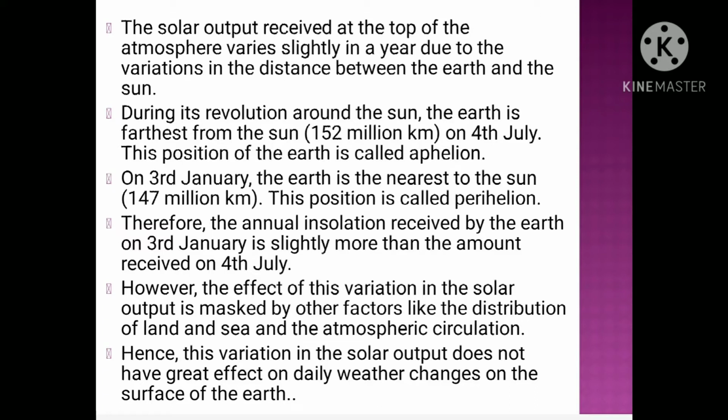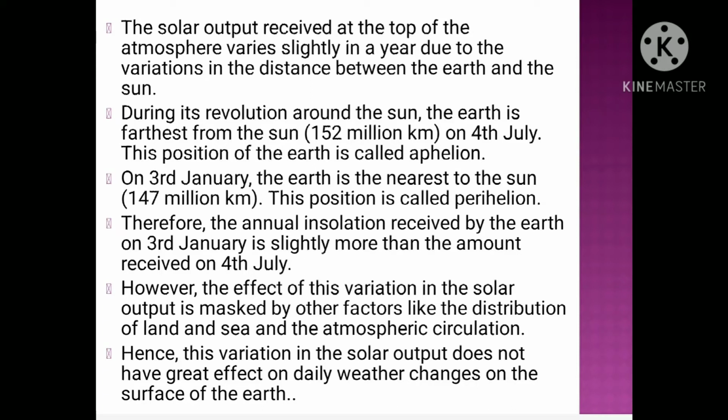Therefore, the annual insolation received by the earth on 3rd of January is slightly more than the amount of insolation received on 4th of July. However, the effect of this variation in the solar output is masked by other factors like distribution of land and sea and the atmospheric circulation. Hence, this variation in the solar output does not have great effect on daily weather changes on the surface of the earth. So basically, insolation received will vary from place to place, and there are a number of factors which